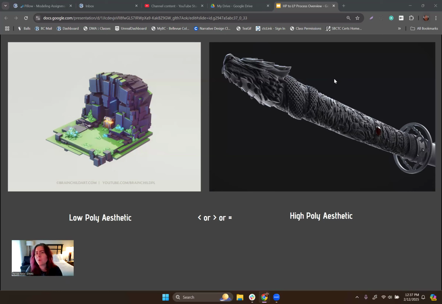And many of us won't get there, and that's okay. But if you have enough context for how these things get made, you can continue to practice and continue to strive for high poly work, right? Okay. Now, when I'm talking about high poly and low poly, for our assignment and this pipeline study,